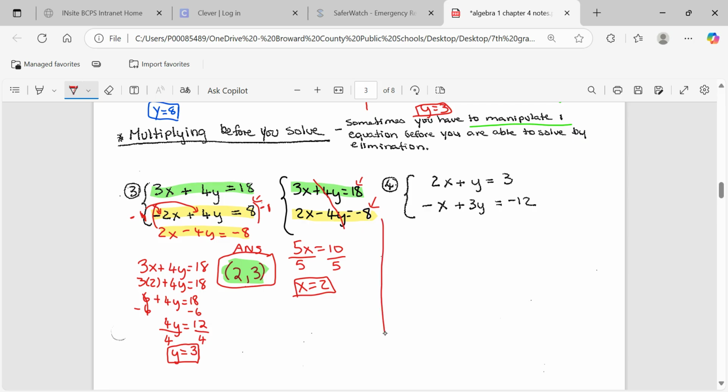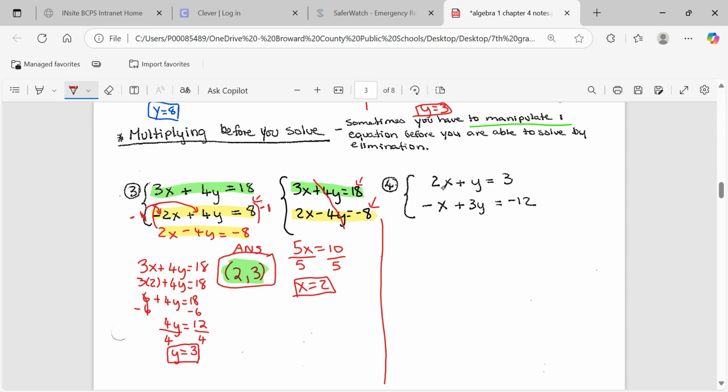Let's come on down to number 4. And in fact, I want you to pause, see which one you need to adjust. Using number 3 as your example, go ahead and try number 4. All right, now that you're back, let's see. We would have,